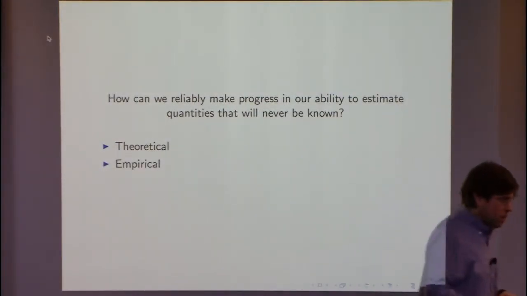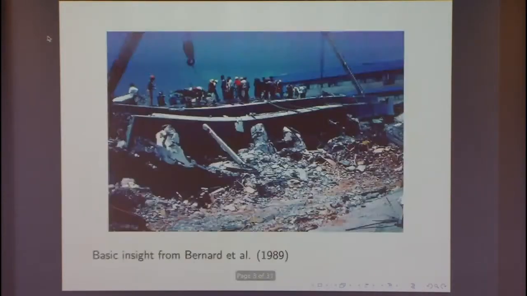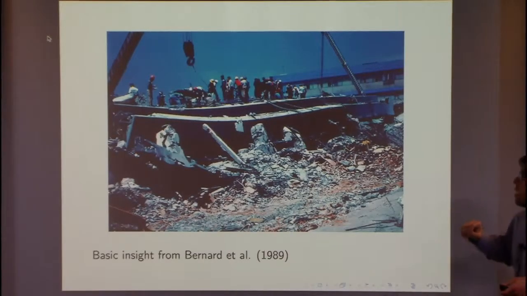So I wanted to try to come up with some empirical way that we can make progress that would not require a lot of untestable or unrealistic assumptions. And so that's what we've tried to do. So let me talk a little bit about the setting in which we do this. We've come up with a way to try to do this within something called the network scale-up method. So now I'm going to tell you a little bit about the network scale-up method and how it works. And then I'll tell you about how we can try to reliably make progress within the framework of this method.